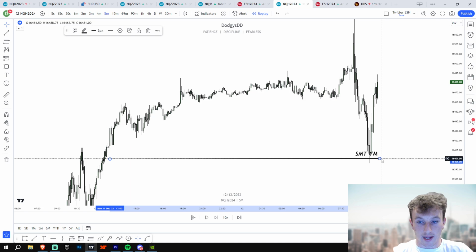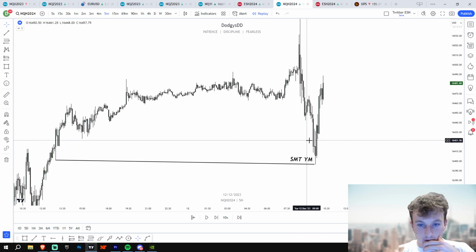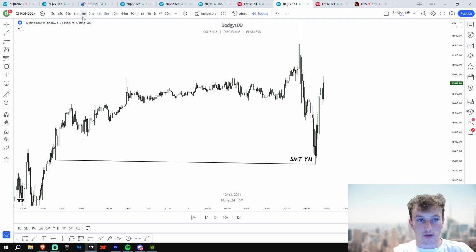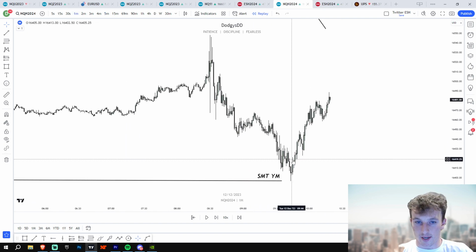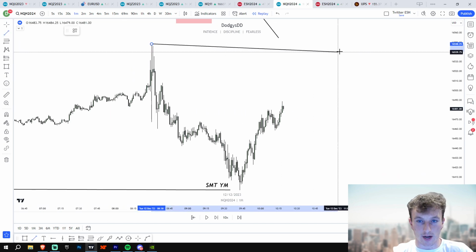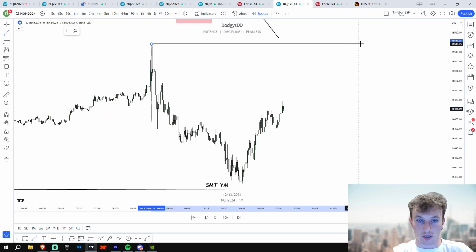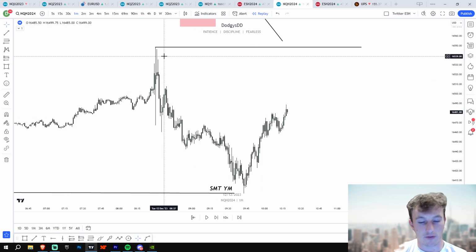And the third thing is this was the Judas swing off open. If you know anything about Judas swings, we'll get a Judas swing of the opposite move off open, and then we'll go the opposite way all day. And then the fourth thing is what? We had data highs above, and I love these data highs as liquidity pools. They're just really good for liquidity pools because there's typically voids above them.